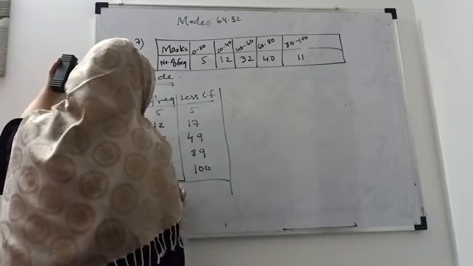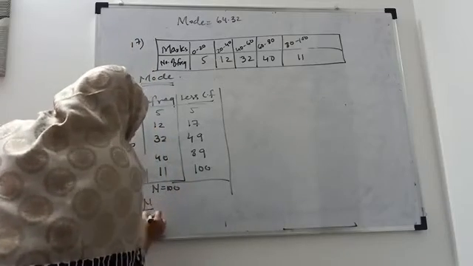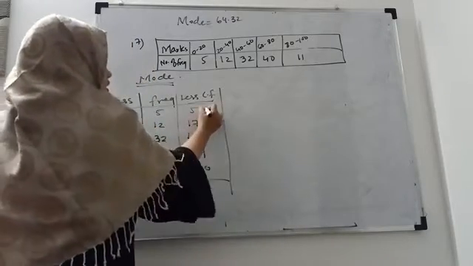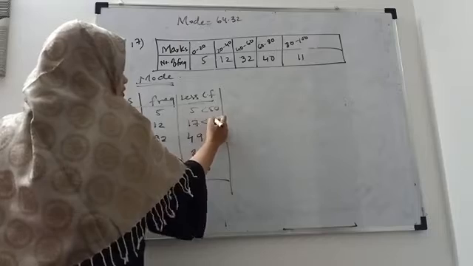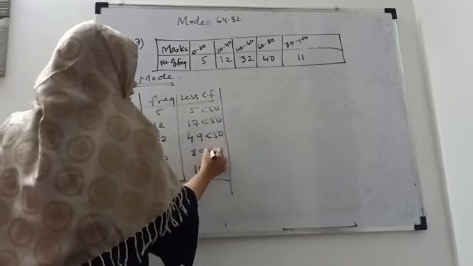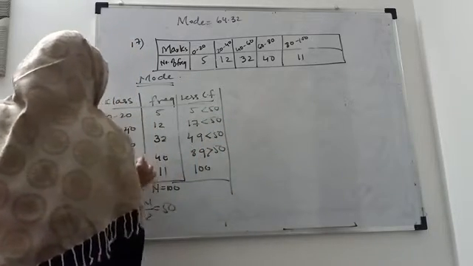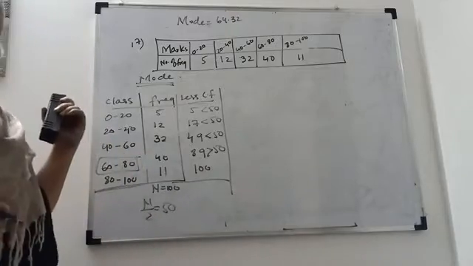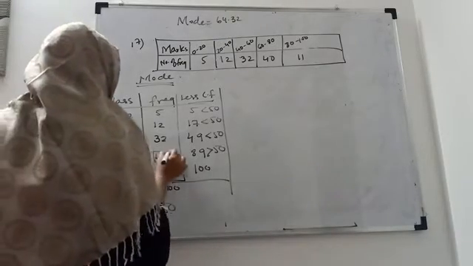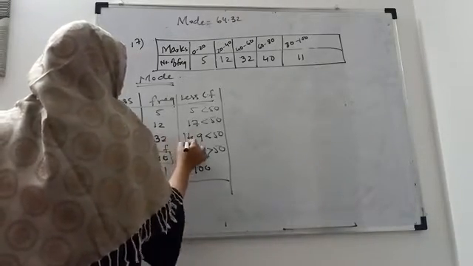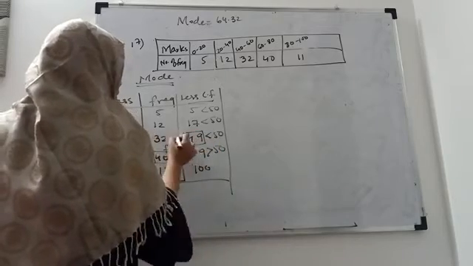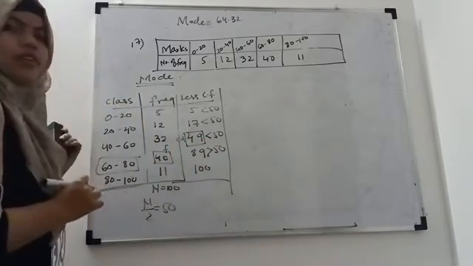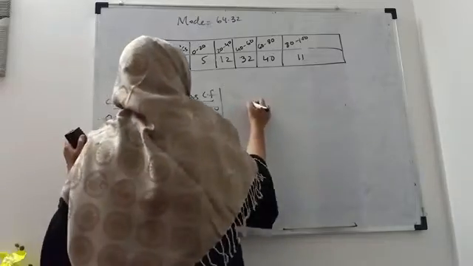So n is also equal to 100. So n upon 2 is 50. This is less than 50, less than 50, less than 50, greater than 50. So the corresponding class will be the median class. This will be your frequency, and this will be your preceding cumulative frequency, that is cf. Therefore the formula for the median